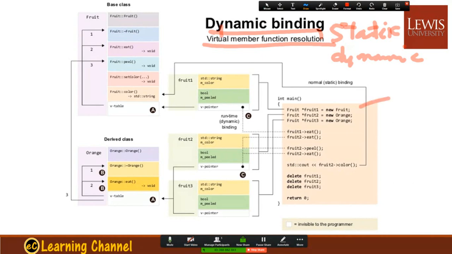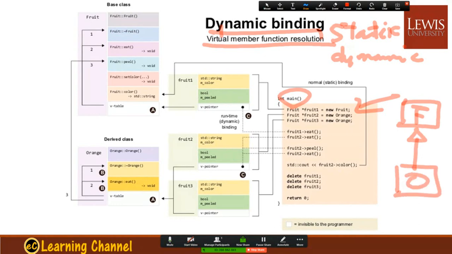So here we have a main program, and then we have the Flu class and then the Orange class. Basically your Flu class is a parent class, and the Orange class is inheriting it. And then you have three Flu references, the parent class reference, and the base class is the Flu class. You have the if function, the PO function, set color, and the color function,